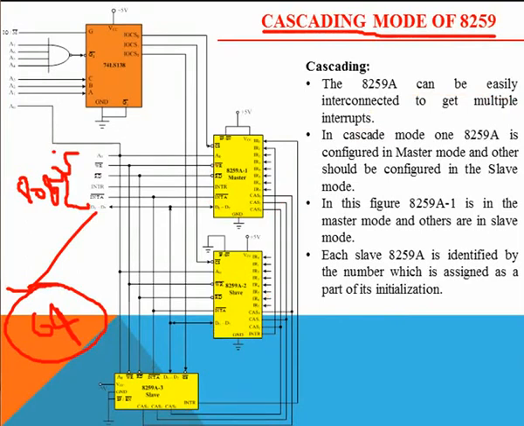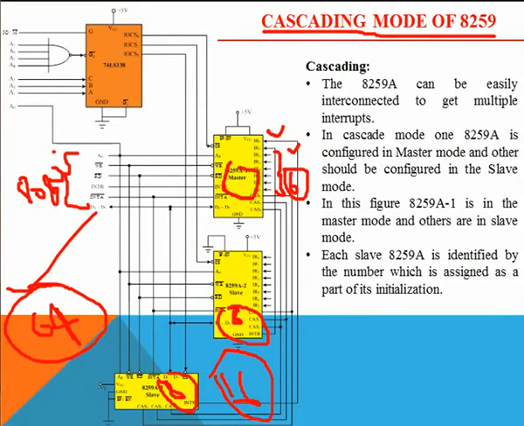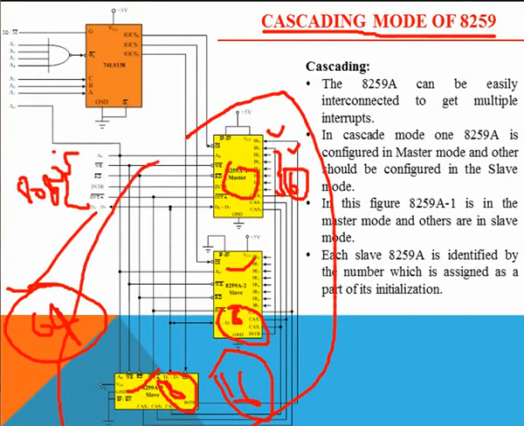If we see this figure, we can easily get that the second and third 8259 can handle 16 interrupts, whereas the first 8259 can handle 6 interrupts only, since the IR0 and IR1 pins of the first 8259 are busy handling the slave 8259s. Therefore, this configuration can handle a maximum of 22 interrupts.